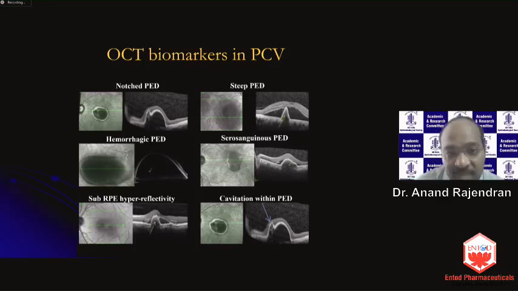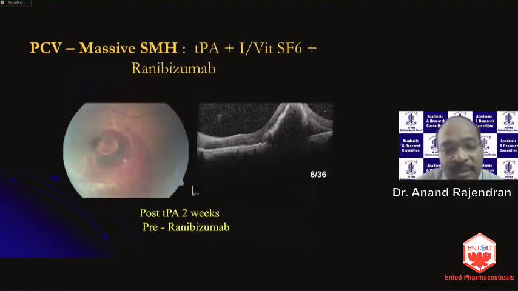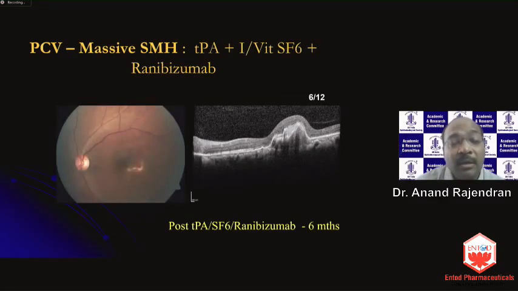And sometimes you have macula presenting like this with a massive amount of submacular hemorrhage. So when you do the OCT, you will be surprised very often to see these large PEDs under that. So that is again a giveaway clue that this is PCV you're dealing with. This needs to be referred quickly. This is an urgent situation. What we would do, the several options are there for a limited case like this: TPA, tissue plasminogen activator, and intravitreal gas injection, and then follow it up with ranibizumab as we did here, and you can see that a fairly good result came through. Pachychoroid.